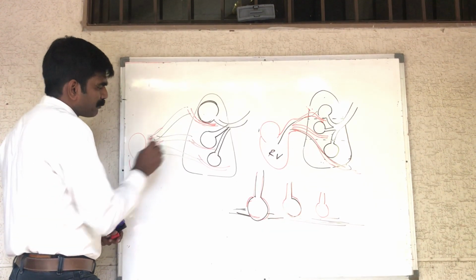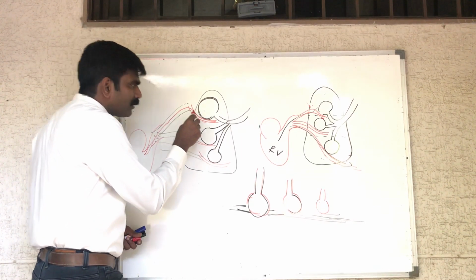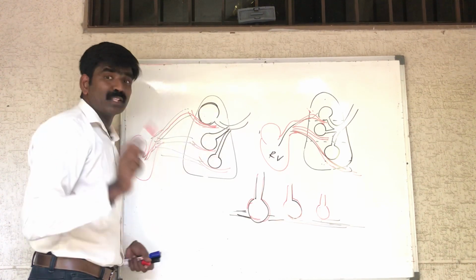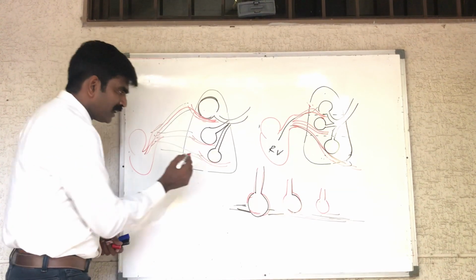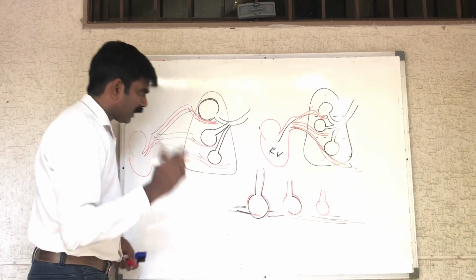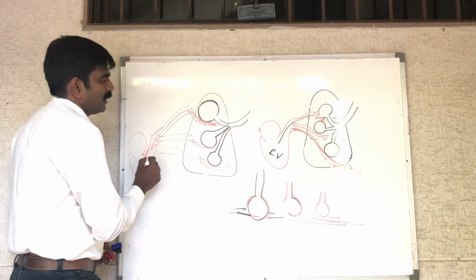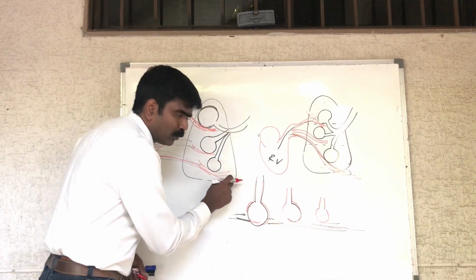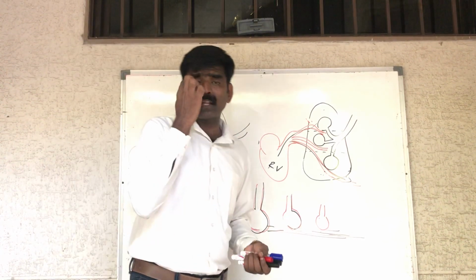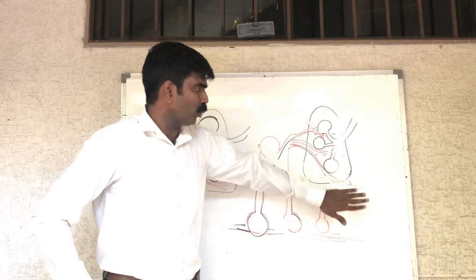When the heart is pumping the blood, it will not move freely in the pulmonary artery lying closer to the larger alveoli. But here there is no resistance because the alveoli size is small. So that is the third reason why the blood flow is higher in the lower zones when compared to the upper zones. So there are totally three reasons why pulmonary perfusion is higher in the lower zone.